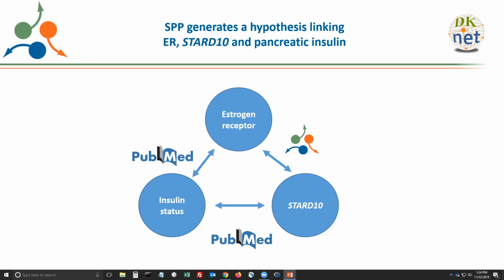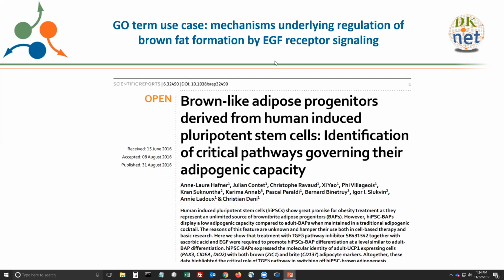All right, so sometimes these hypotheses can be difficult to generate if you only have a specific gene in mind. And so for this reason, we allow users to back their queries out, sort of zoom out, and encompass a broader range of cellular functions using GO terms. An example of hypothesis generation,